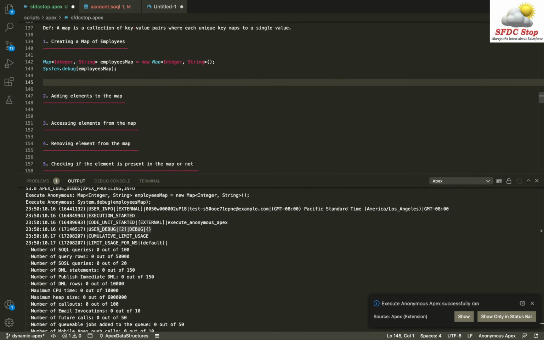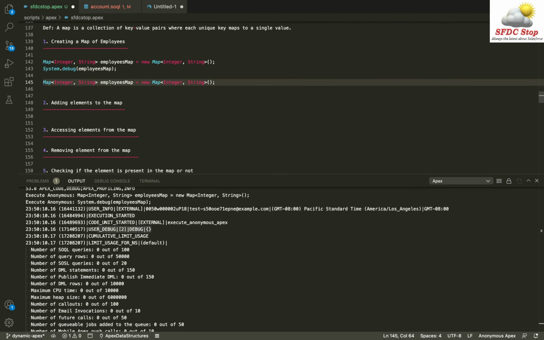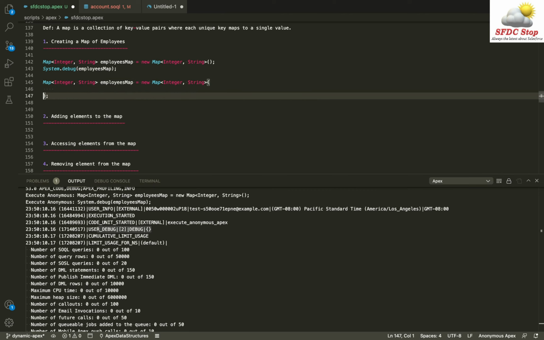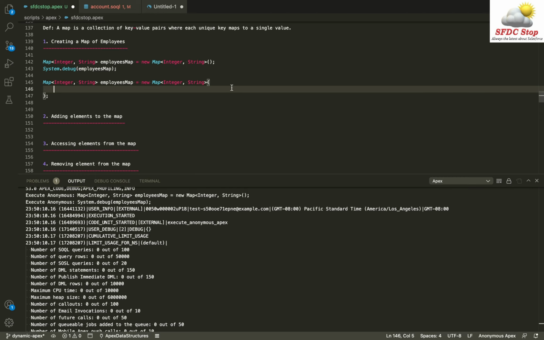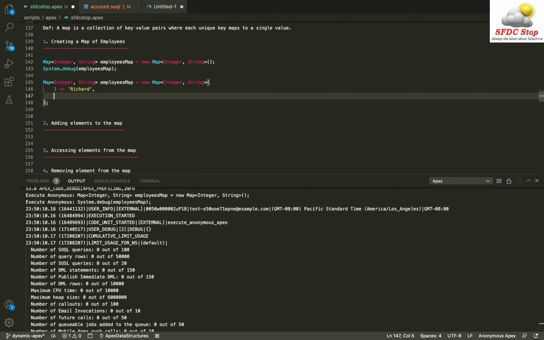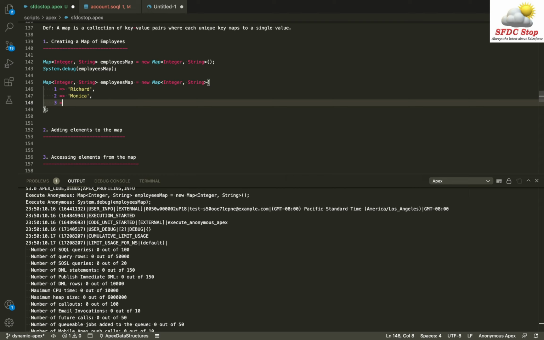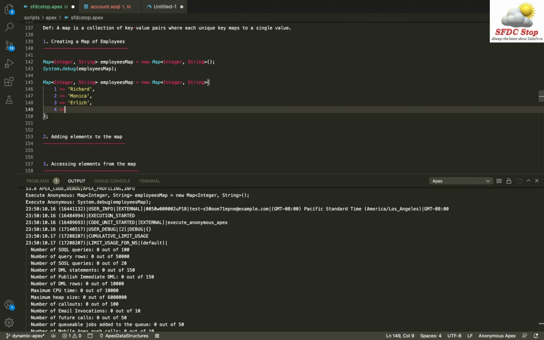Now let's see how can we create a map of employees with some values that I want to give it initially, right? So I'm just going to copy and paste this code, and I'm going to give some initial values. If you see, the map is denoted by these curly braces, and inside these curly braces I can have my key and value pairs. So let's say I'm going to store some data. My first employee is having an ID as 1 and the name of the employee is nothing but Richard. My second employee is going to have an ID as 2 and the name as Monica. The third employee is going to have an ID as 3 and name as Arlik. The fourth employee is going to have an ID as 4 and the name as Dinesh.